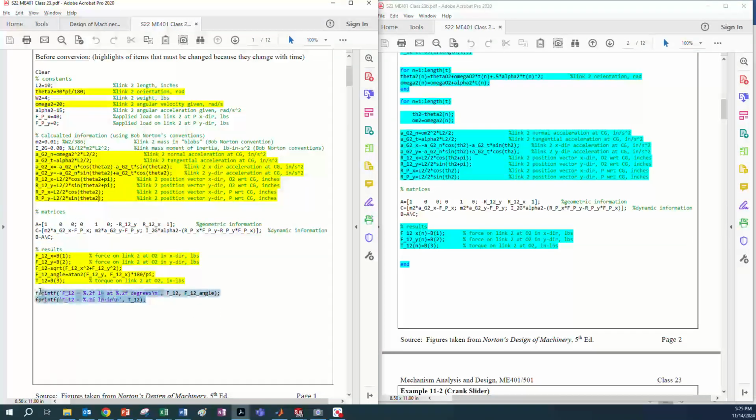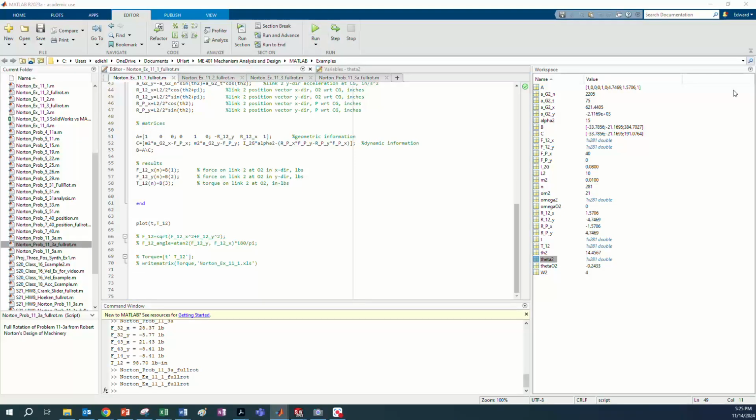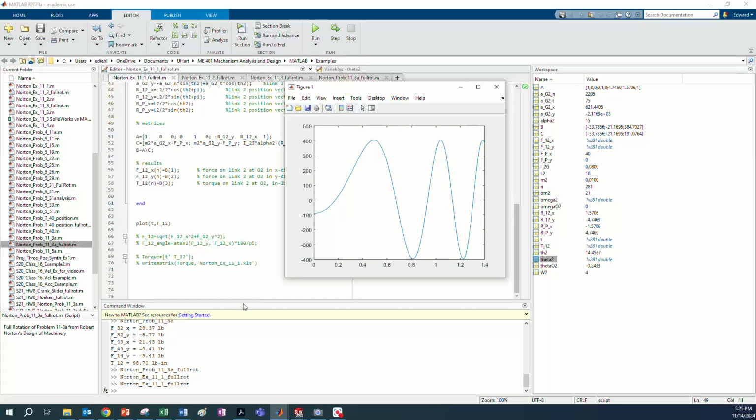I don't know why I didn't. Oh, I guess I don't really want to F print, because it'd be a long string. Okay, that makes sense. But here is a plot of the